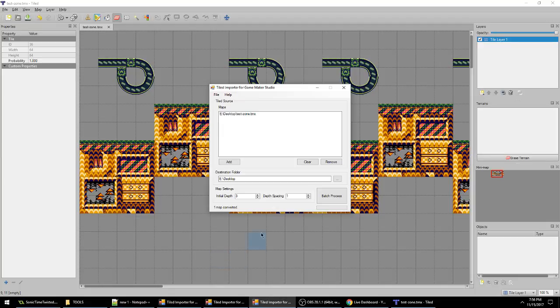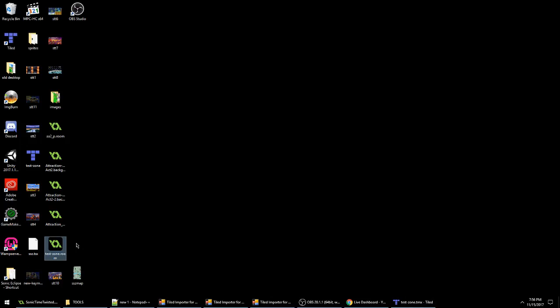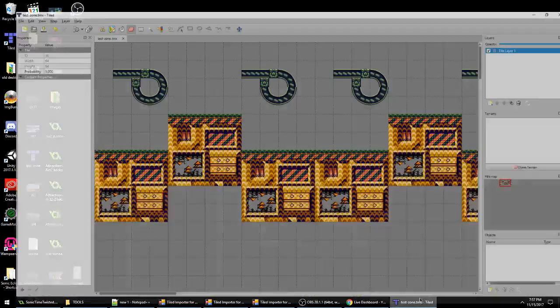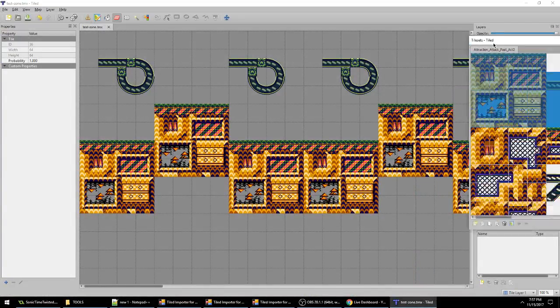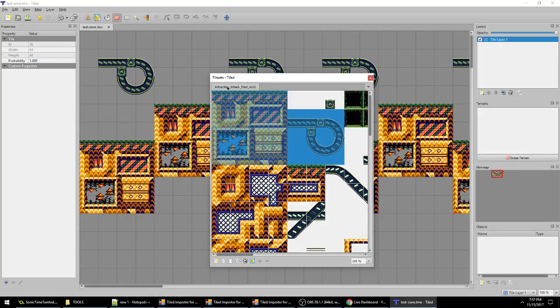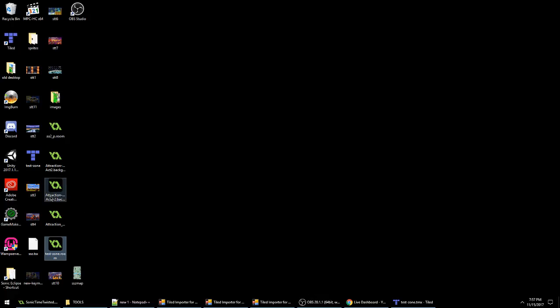So I'll just go ahead with that all set up. I'll just batch process this real quick. The map has been converted. If I look here on my desktop, I can see the test zone right here. It's a GameMaker room now. And if I go back here, I should also have a background object called Traction Attack Past Act 2, since that's the name of the tile set we imported. So again, back at my desktop,